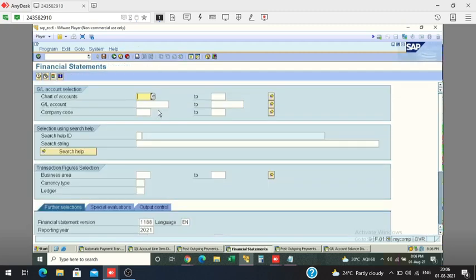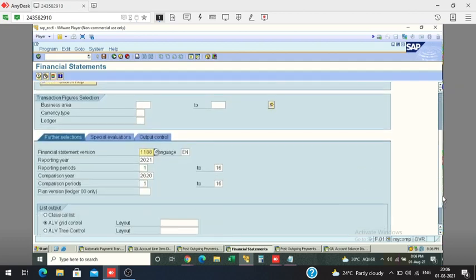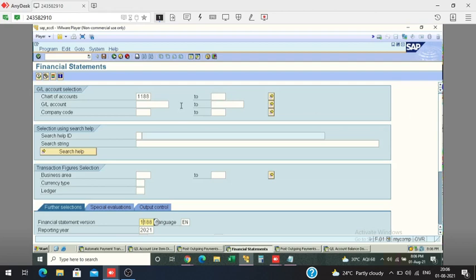This is F.01. Chart of accounts 1188. Here FSB is also 1188. See, FSB is coming automatically here. We have created it now, and it comes automatically. Okay. Now for GL account you can put a star. Star means all GL accounts. Company code you can also give, 1188. Execute.